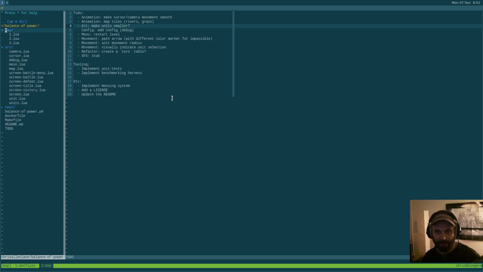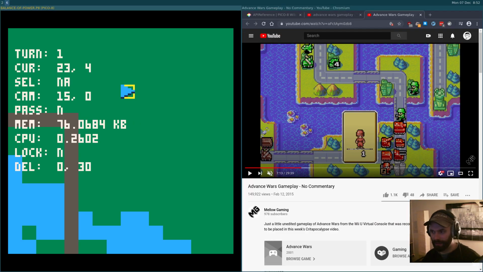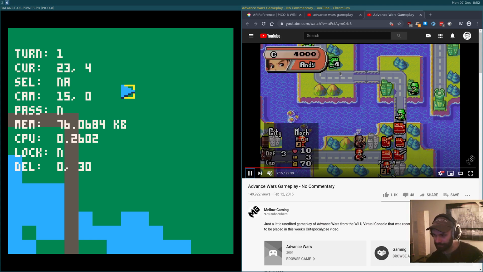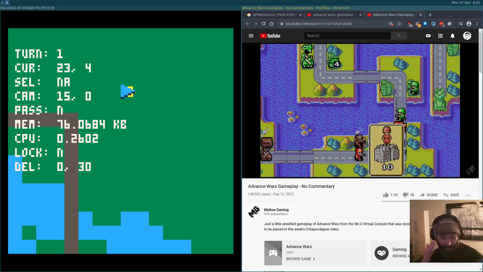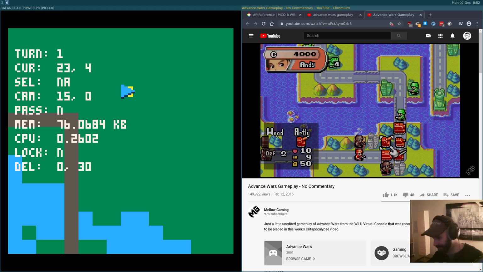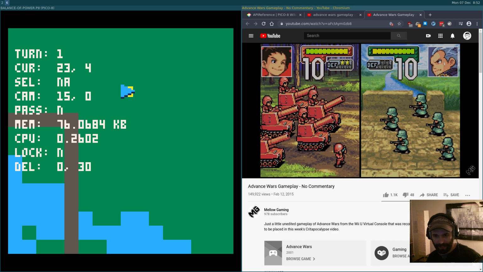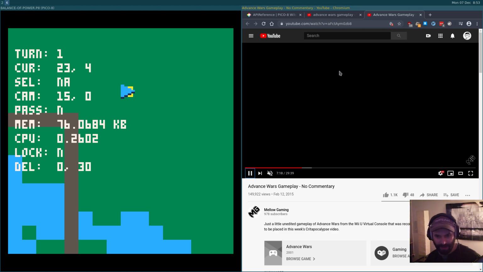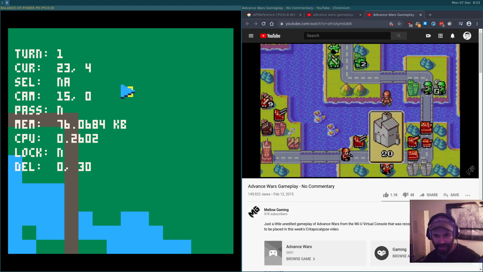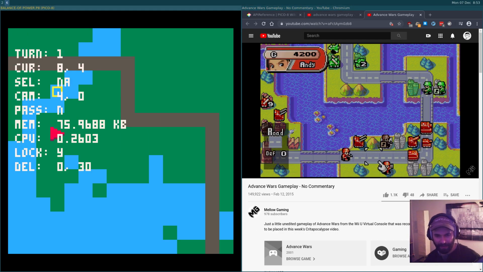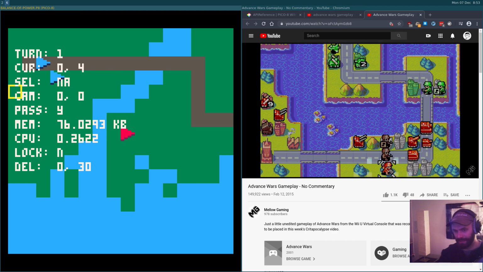I was thinking about trying to animate our map, that's why I had Advance Wars pulled up here. I'm drawing inspiration from a couple of games, but Advance Wars is the primary one, and I've been referring to what they do quite a bit. I was trying to decide if I want to animate every tile on this map, but I've decided against it for now because